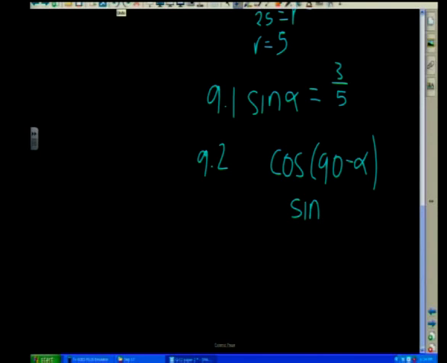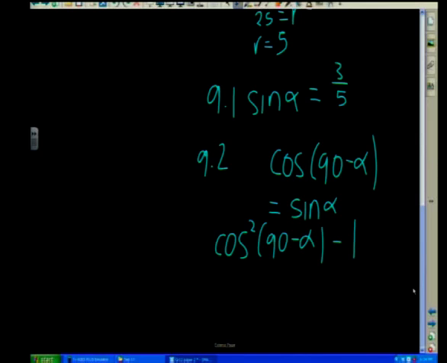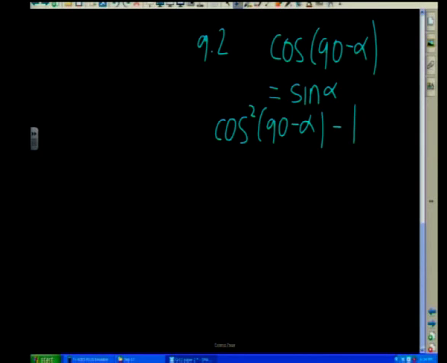S stands for sine. Okay, so that's your co-ratio that we're going to be using. So now when they're telling us we need to find what cos squared of 90 minus alpha is, they're really saying, well, you need to work out what sine squared alpha minus 1 is, because cos of 90 minus alpha is sine, and if we square that, we're going to get sine squared alpha minus 1. We've just shown you that sine of alpha was 3/5, so I basically just substitute it in, and I end up with